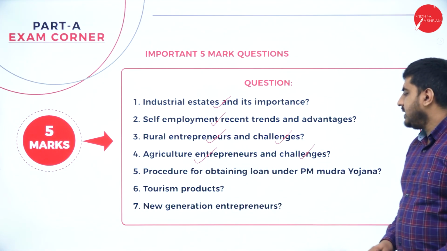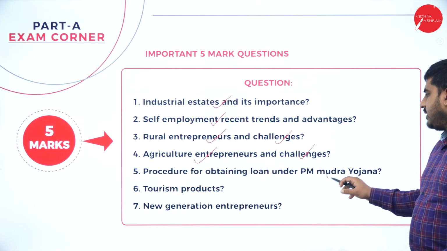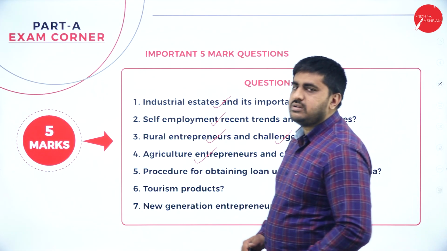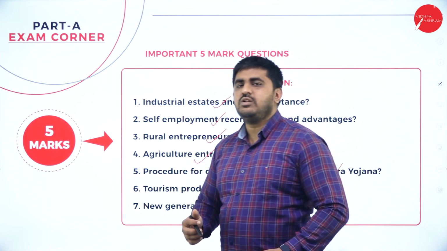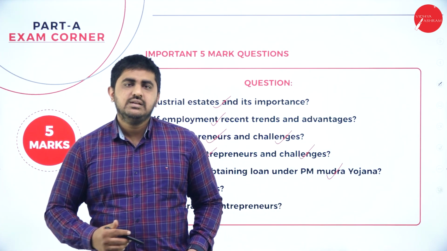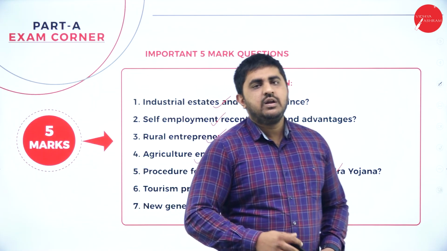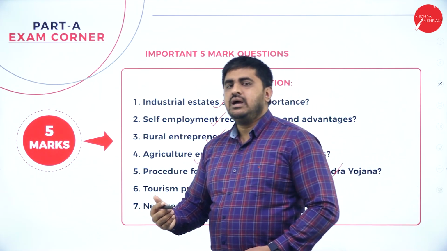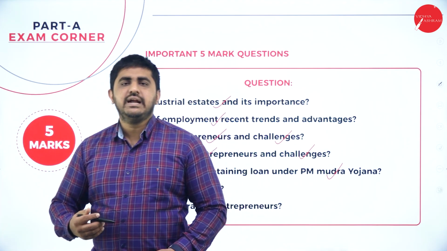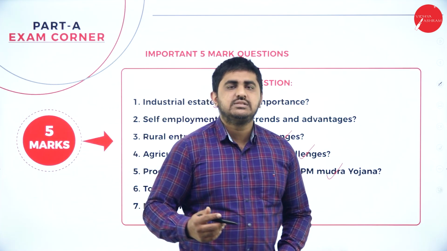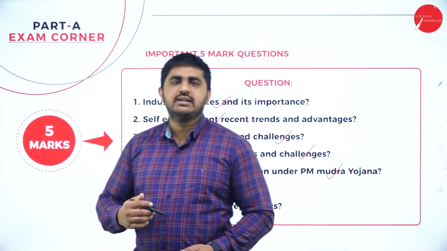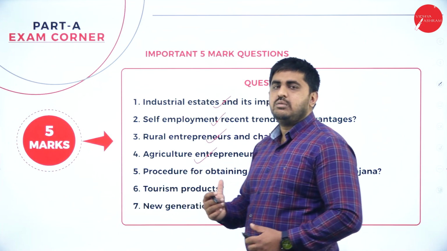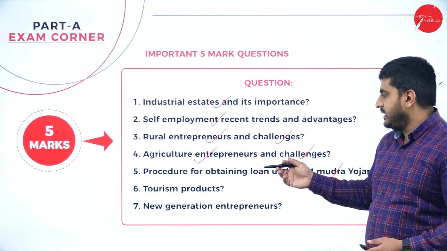Procedure for obtaining loan under Pradhan Mantri Mudra Yojana. PM Mudra Yojana is a scheme that gives loans for non-farming and non-corporate businesses up to 10 lakhs. There is a certain procedure for that. You will have to approach a bank and fulfill their eligibility criteria. Then you have to give certain documents. Then you can get the loan under Mudra Yojana, and there is no collateral required and no processing fees for a loan under Mudra Yojana. As it is there in the notes, you explain.